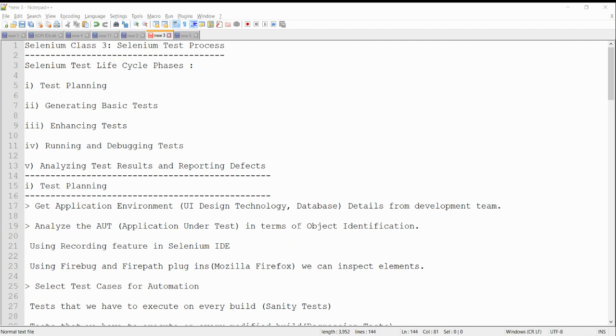This is Lokesh, and today we are going to discuss the Selenium test process. Selenium test lifecycle phases. We have five different phases: one is test planning, generating a basic test, enhancing the test case, running and debugging the test, and analyzing test results and reporting